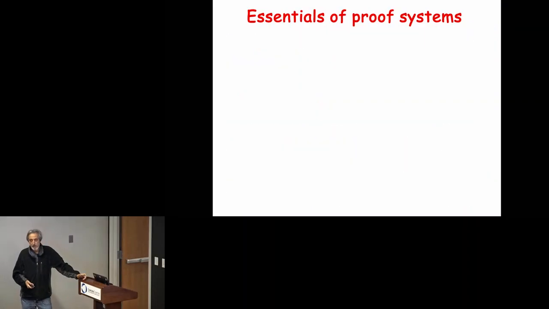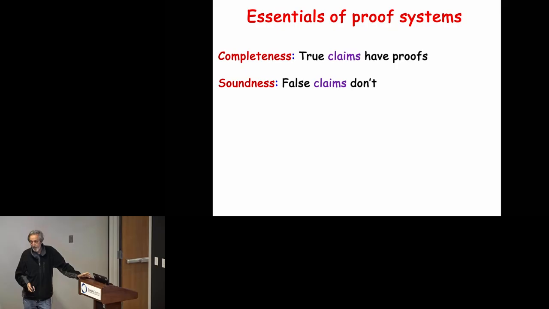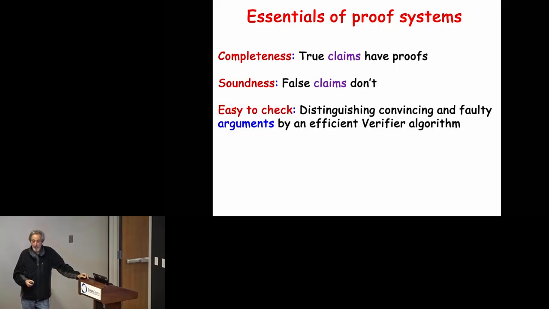So we can now get the essence of proof systems in general. This is something we like to do in complexity theory, just have classes of objects, the class of proof systems. What we want, essentially, were completeness, namely true claims have proofs, soundness, false claims don't have proofs, and efficiency. It is easy to distinguish the two cases, whether a given argument is convincing or not. And again, for efficient we will use polynomial time, although many other notions were studied. We'll fix this for now.